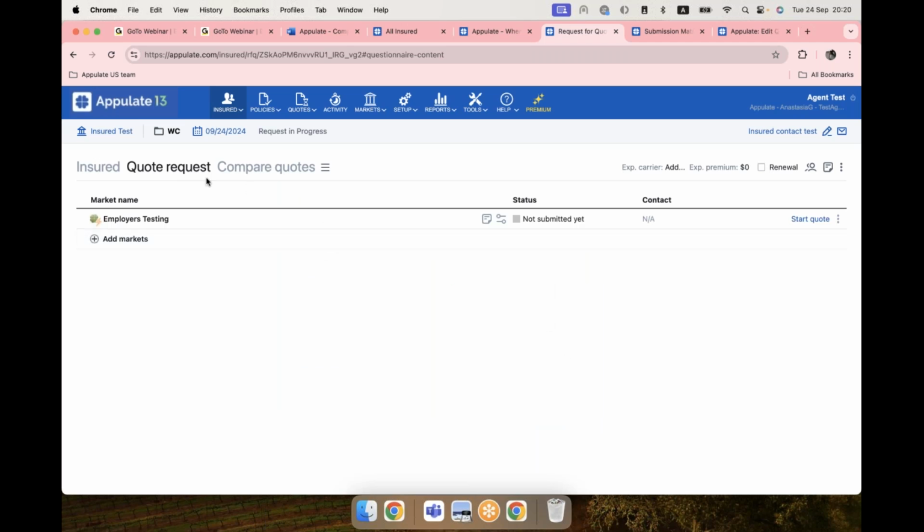And once the market is added, you can see that some other columns appeared for you. The status column, you will have the updates about your query request right within this column. And now we will check the instant quote type of submission, the one that provides you with immediate result upon your quote request. So in order to start the quote,